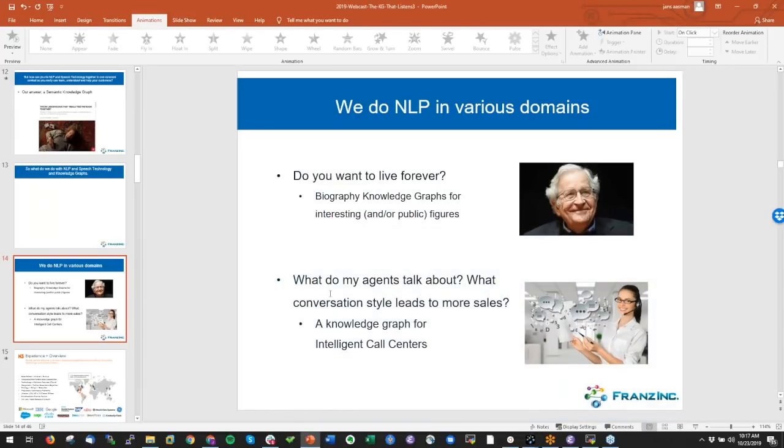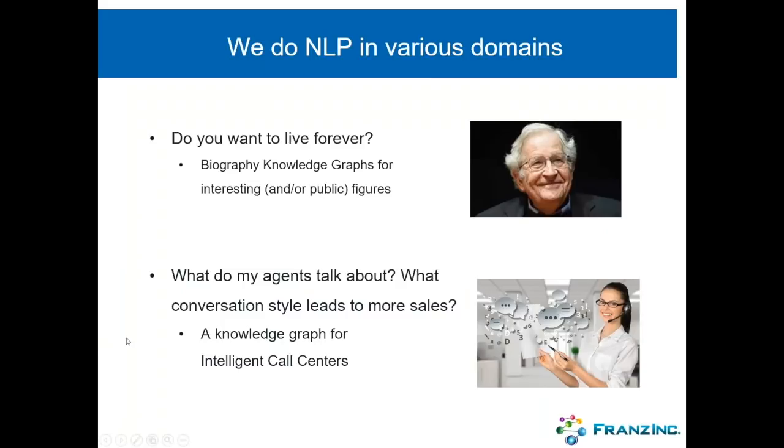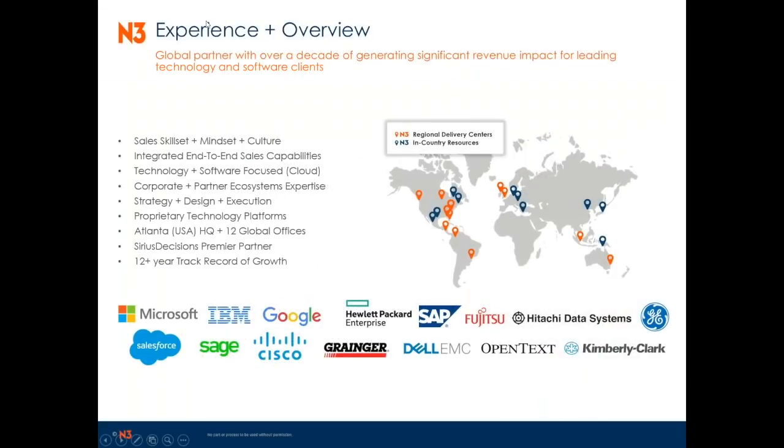Yeah? But then the thing I'm going to talk most about is what we do for a call center. So we work with a call center in Atlanta called N3. It's a big, intelligent call center. About 1,500 people work there. Most of these people have college degrees. It's not just reading scripts, it's actually investigating customers and doing fairly complicated sales processes for their biggest clients like Microsoft, IBM, Google, Salesforce, Cisco. Actually, most of what they do is sell cloud services.